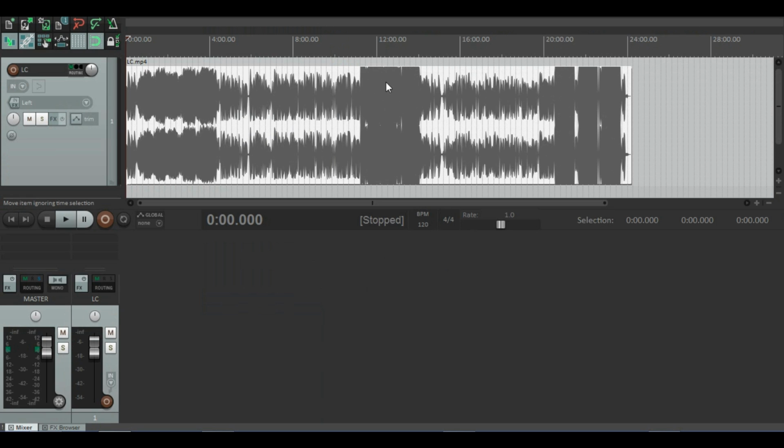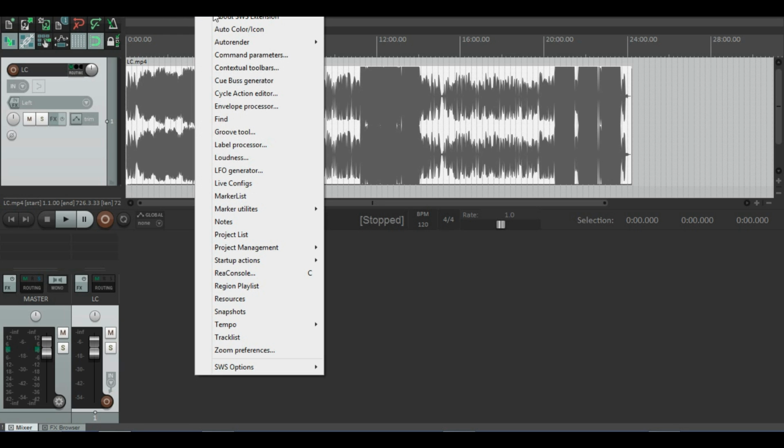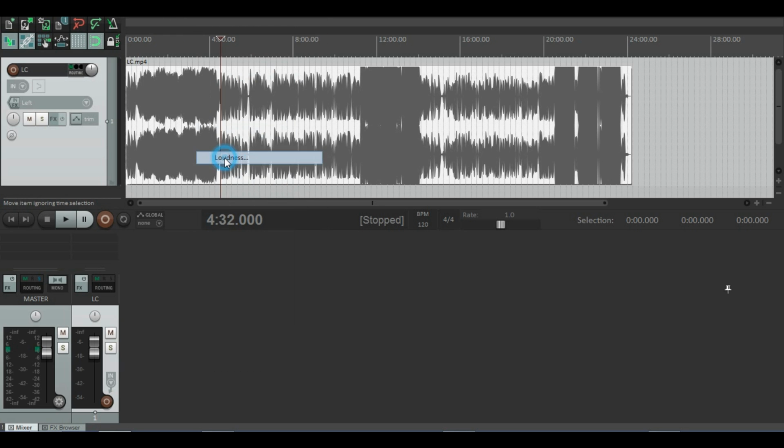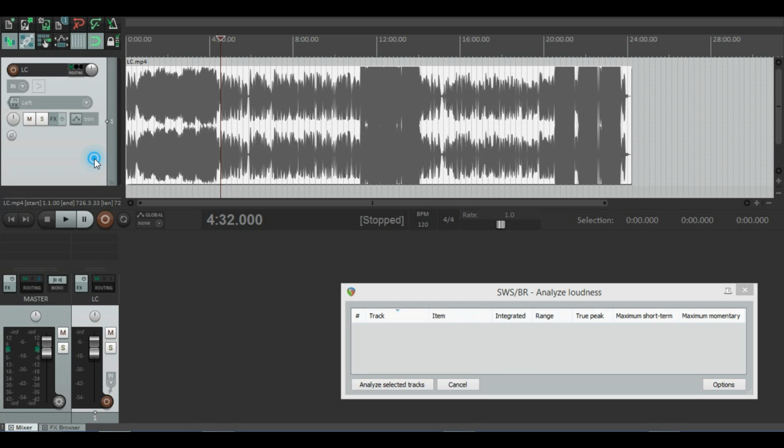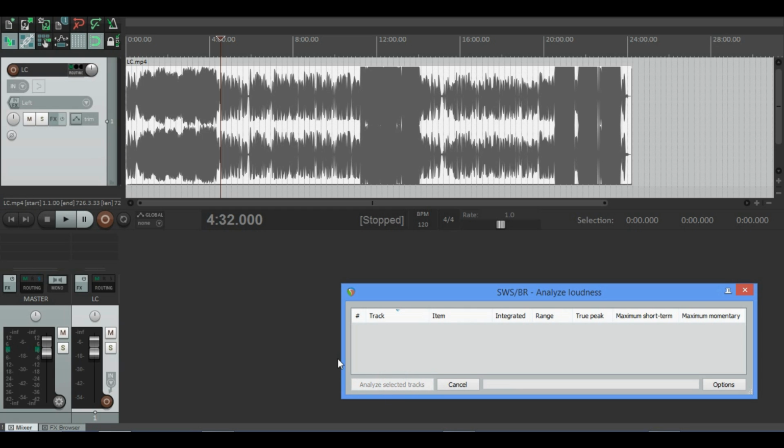Now, here we go. Okay, this is what I was talking about. You can see where it's at. Normally the first thing I would do is come up here to where it says extensions, and then hit the loudness, and there's my analyzer. I would left mouse click on this track, and then analyze selected tracks. Okay. Now, while it's doing that,